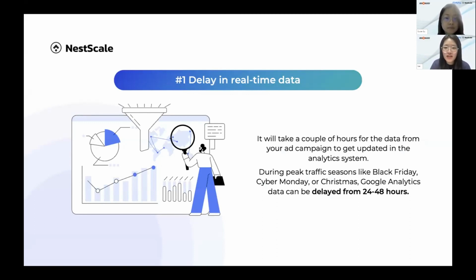If you're using Google Analytics, then this data can be delayed by 24 to 48 hours. During a period when time is of the essence, this delay will certainly hinder businesses from making prompt strategic actions that will drive sales.